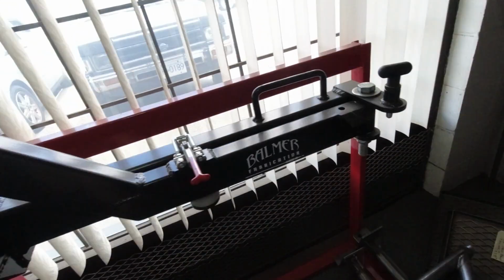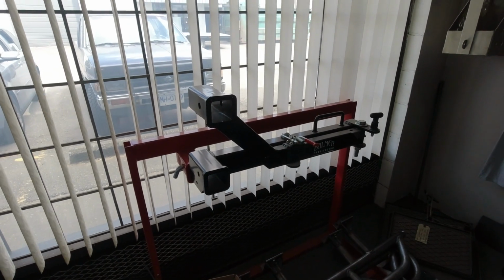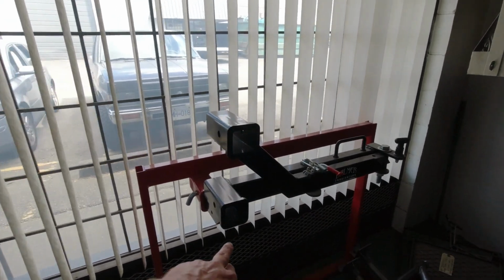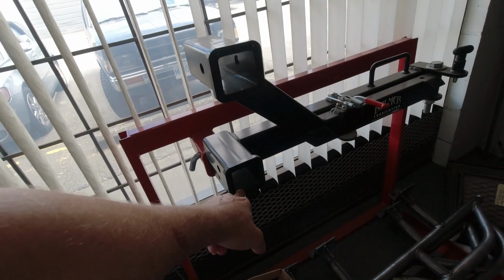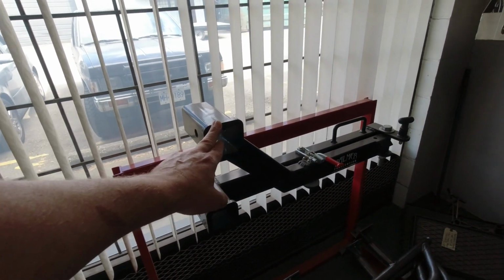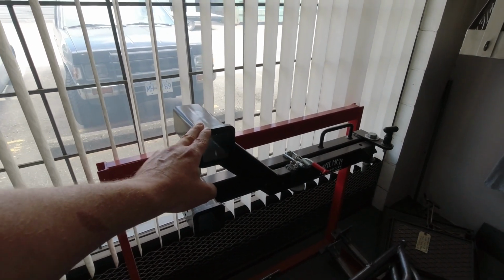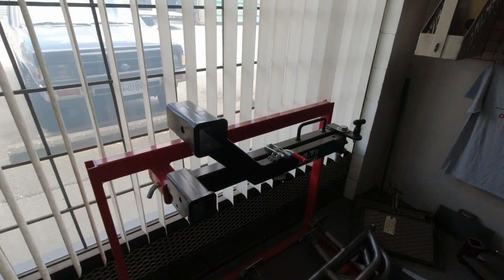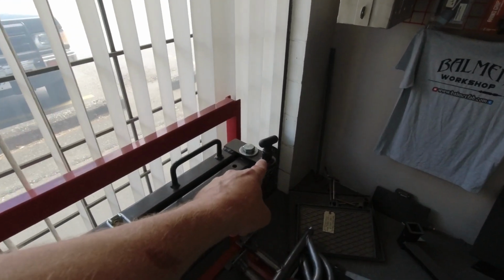I also have the Balmer swing out hitch. This is a receiver mounted hitch, which replaces the original hitch so you can still tow with the vehicle, and then you get a swing out with another hitch on it into which you can place a tire carrier, a cargo rack, a bike rack, or any other kind of receiver mounted item. It has a lockout on it as well,